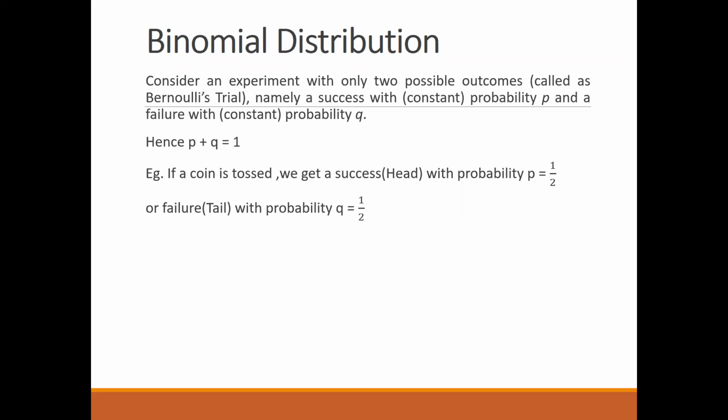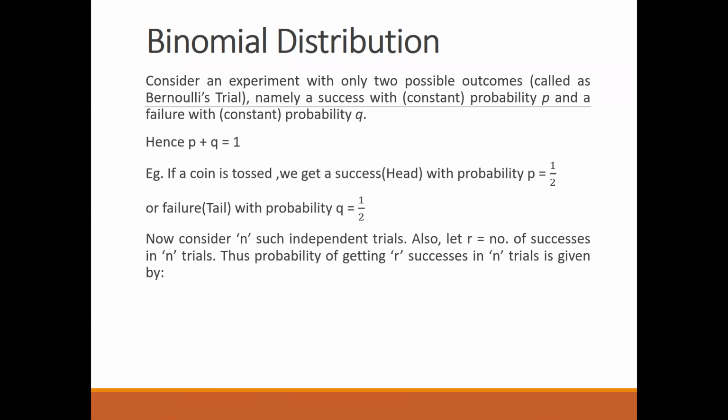Now let us say I have multiple experiments on the same coin. So I am going to have n such experiments or trials of tossing the coin. What will be the probability that I get a successful trial, that is, I get head R number of times? So now consider n such independent trials, and let R equal the number of successes